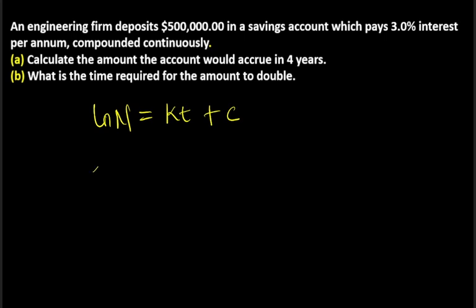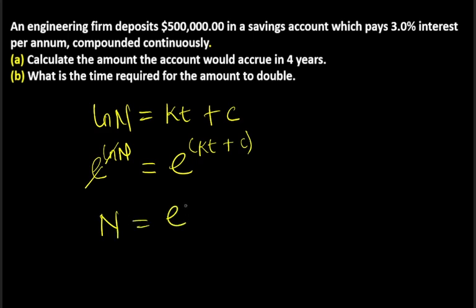So this is going to be exponent of ln N equal to exponent of Kt plus C. The ln will cancel with the exponent, and this is going to yield N equals exponent Kt